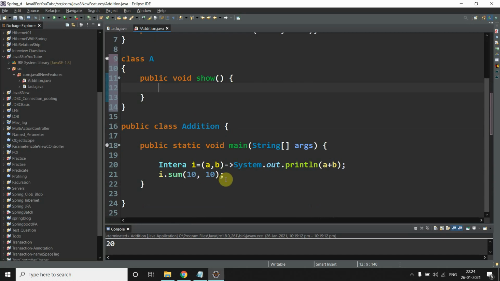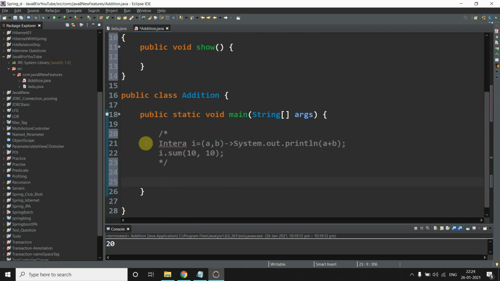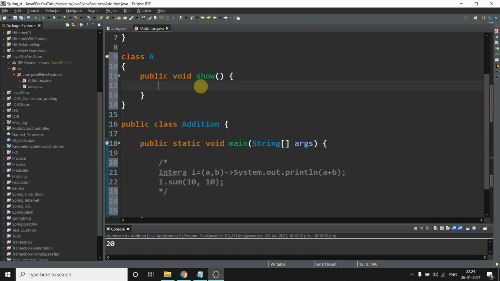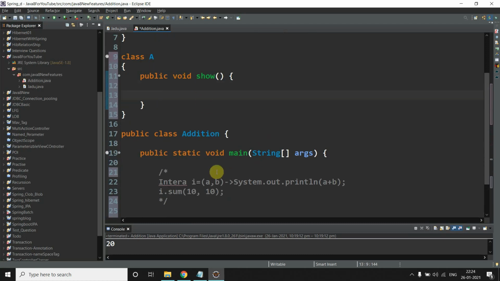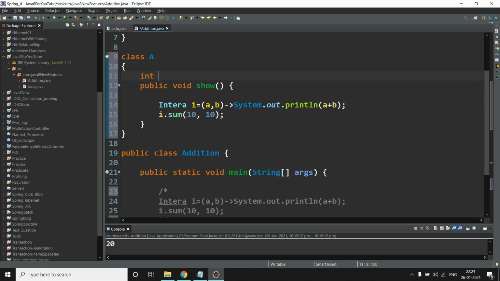We will comment this code here and use the class object. So how can we give the implementation? Let me copy this one. Now the variable, integer x equals 100.